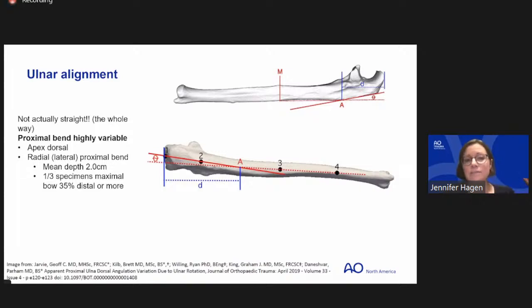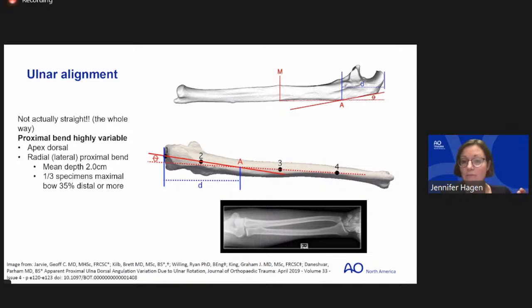So moving on to the ulna. When I was a resident, I was always taught that the ulna is straight. It's not. It's straight for the distal two-thirds of it, but the proximal bend of the ulna is very highly variable, whereas the radius is a little bit more standardized. In general, most patients have an apex dorsal angulation in the ulna, but not 100%, and they have a slightly varus bend to it in the proximal aspect too. So if you get a good AP of the forearm, you can see that the ulna tends to bow a little bit close to the radius proximally and then fans out a little bit as you get distal. So when in doubt, if possible, image the contralateral arm.